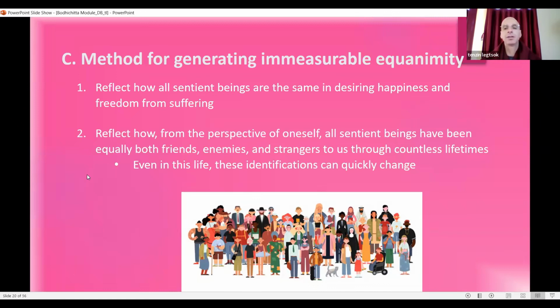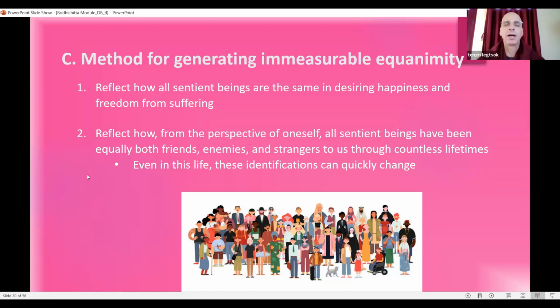And even in this life, those positions change. The way we relate to others as friend, enemy, or stranger is not definite. Someone we were enemies with early in life can be a friend later in life. Someone we were friends with earlier can be a detested enemy, or someone we don't get along with, later in life. So those positions change,